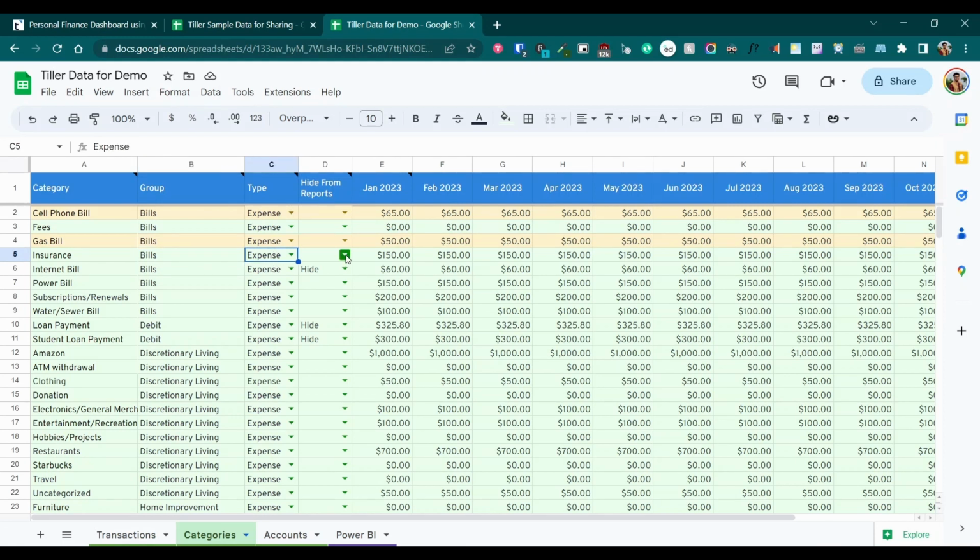So just make sure that you don't have anything else other than category, group, type, hide from reports, and then the months. Even these two columns, the type and hide from reports, we are considering for exclusion. So we just need to make sure that we don't have anything else other than the category, group, and then the budgets for the months.